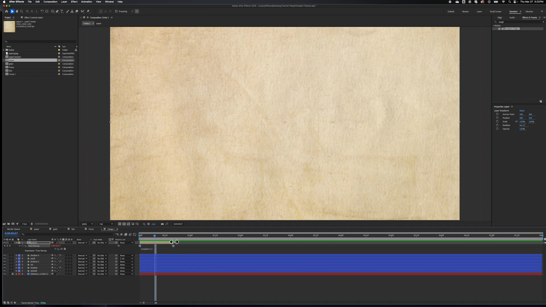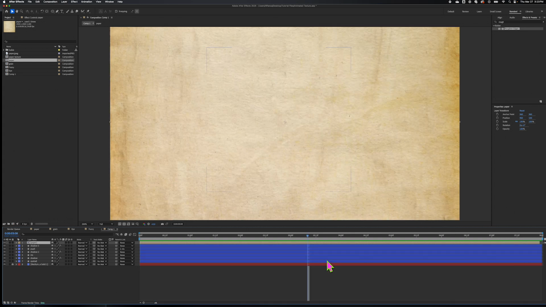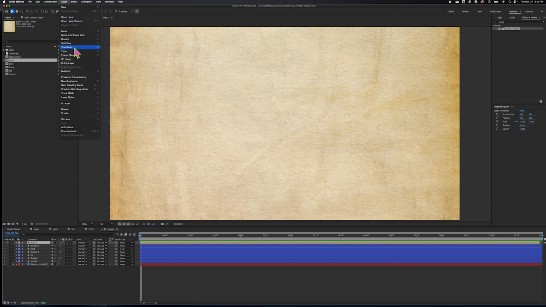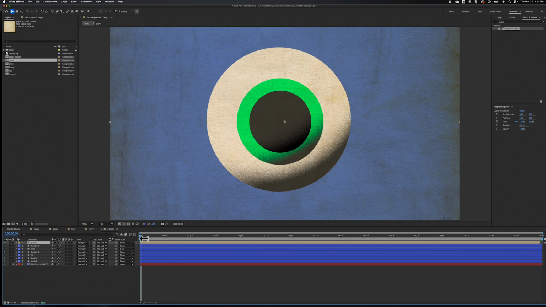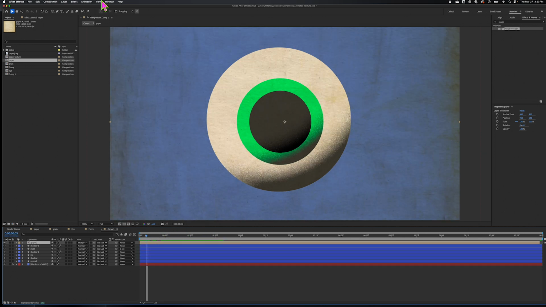And then we are going to go ahead and stretch this over the composition. And if all goes well, this should be looping out for the rest of the comp. And it is. Perfecto. All right, now we can't see anything because we need to change our blending mode. And so let's look at the two that I usually use. I mean, you can use whatever you want, but I'm going to try multiply first. Ooh, that's looking pretty good. I am liking how that looks. So I'm going to do that one, and then I'm going to look at,